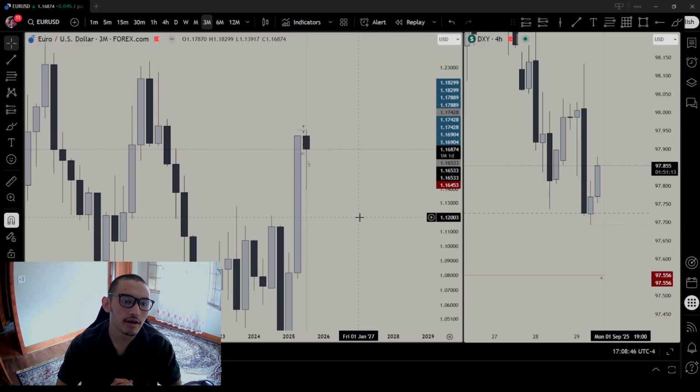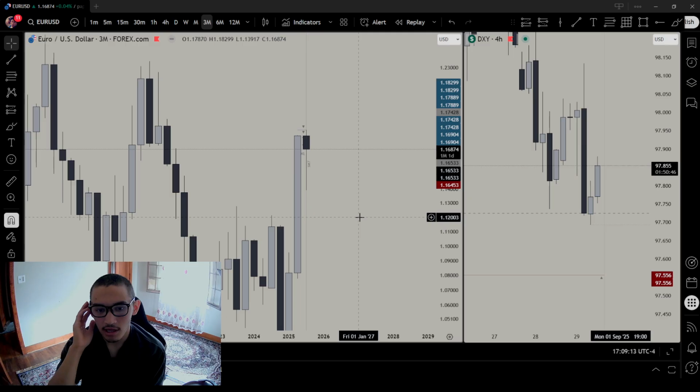CRT on every time frame, but the highest probability is going to be the daily, the weekly, the monthly, the 3-month, and the 4-hour. But the 4-hour relies on the daily, the weekly, the monthly, the 3-month, right? If we don't have those right, the 4-hour doesn't matter. If you have the daily time frame right, but it goes against the higher time frame, it won't matter, right? One of the biggest mistakes that cost me a couple thousand was pattern trading. Always think like you're not a dumbass.